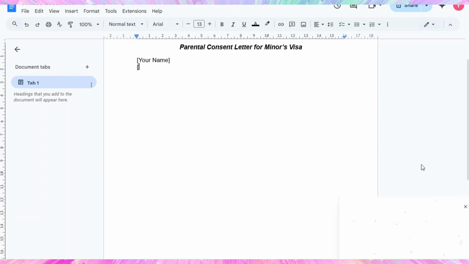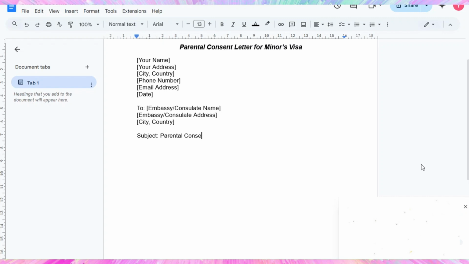You begin by providing your personal details at the top, such as your name, address, phone number, email, and the date you are writing the letter. Then you address the letter to the embassy or consulate where the visa application will be processed, including their name and address. The subject line clearly states the purpose of your letter, which is to give parental consent for your child's visa application. You then begin the letter with a formal greeting, "Dear Sir, Madam," indicating a respectful tone to